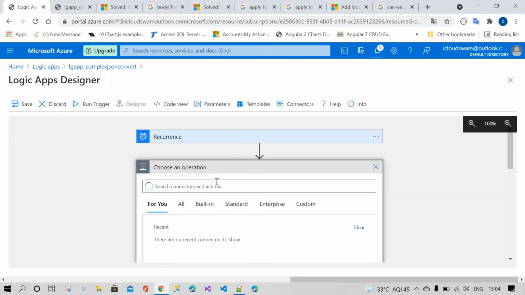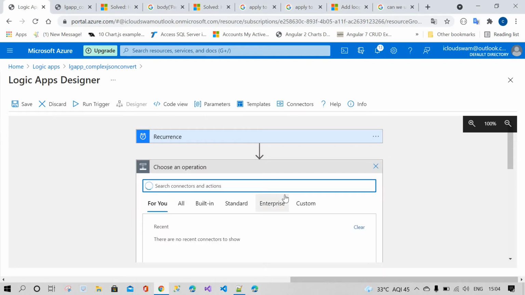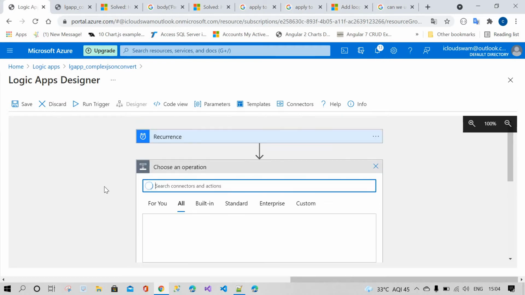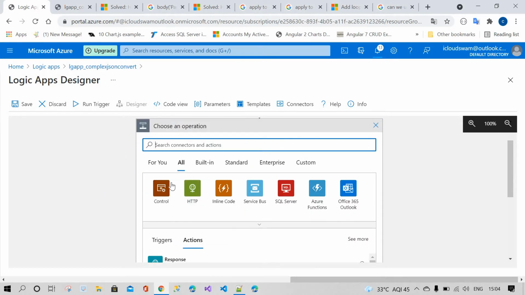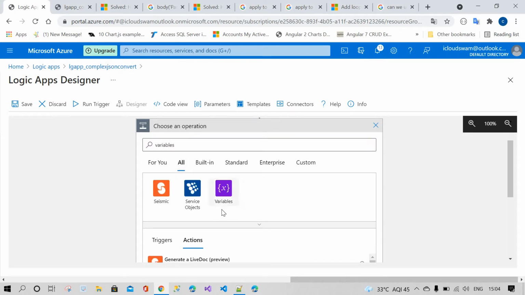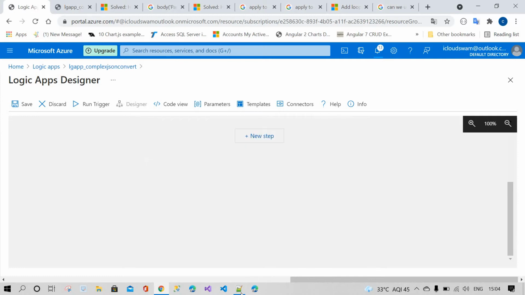When you want to work with JSON arrays, you first have to initialize the variables. Select variables and initialize variable.